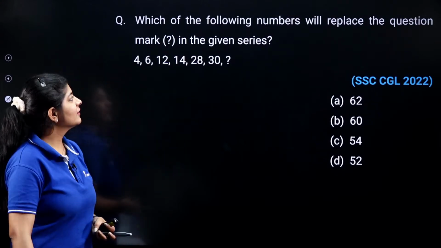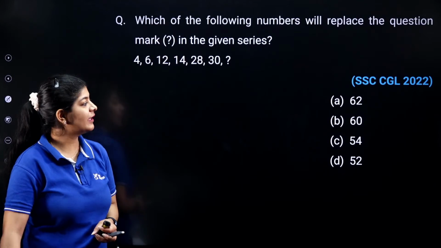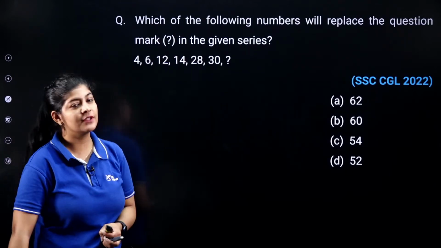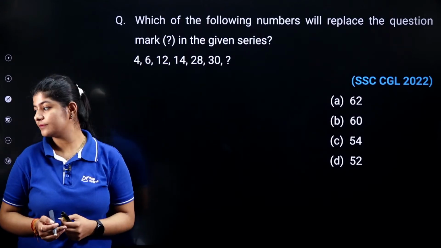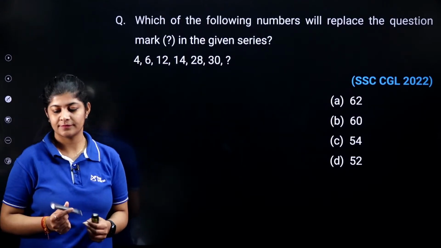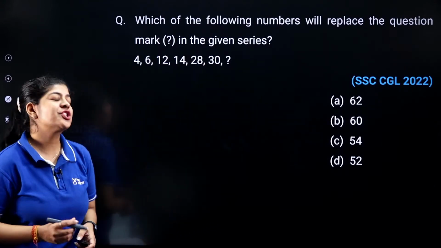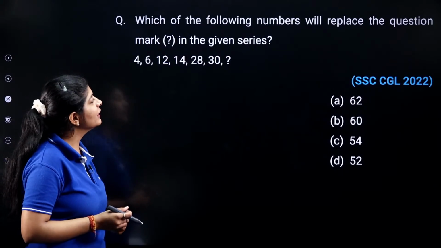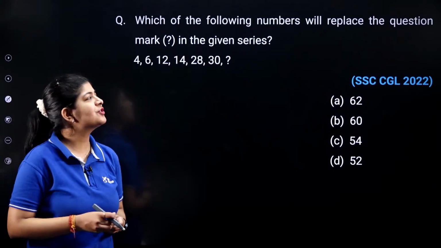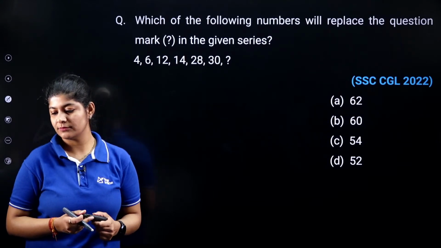What is the correct answer in this particular question, or what is the value you are getting in the place of this question mark? 4 is changed into 6, 6 changed to 12, 12 changed to 14, 14 changed to 28, 28 changed to 30. Now this 30 changed into